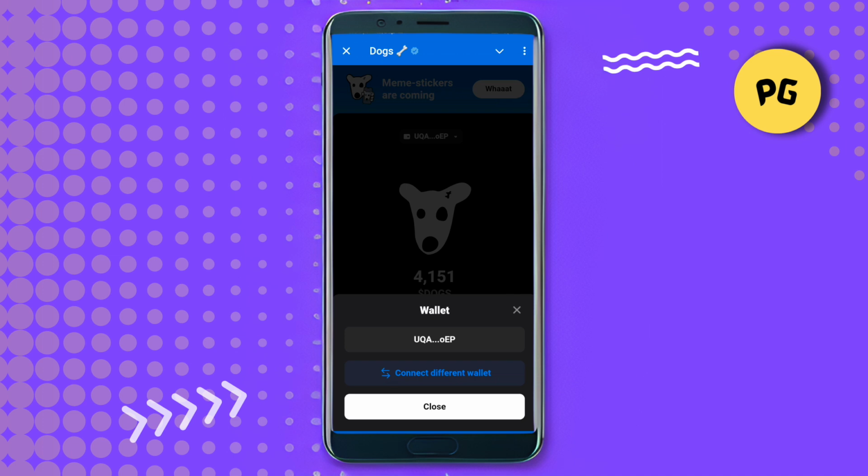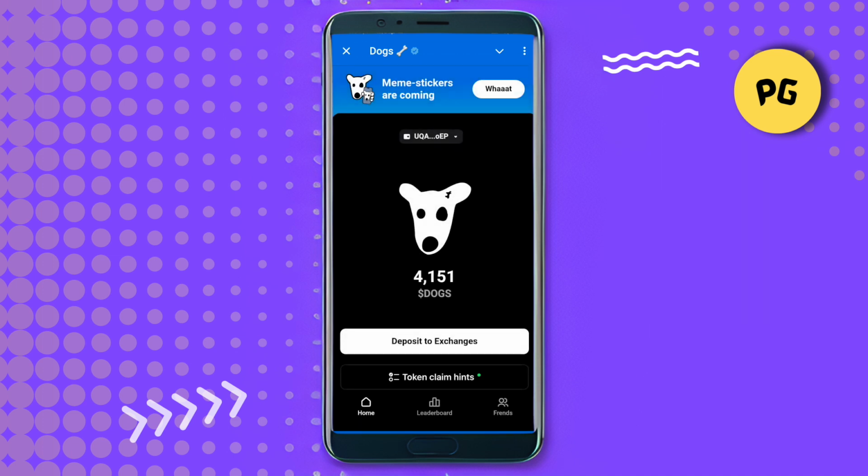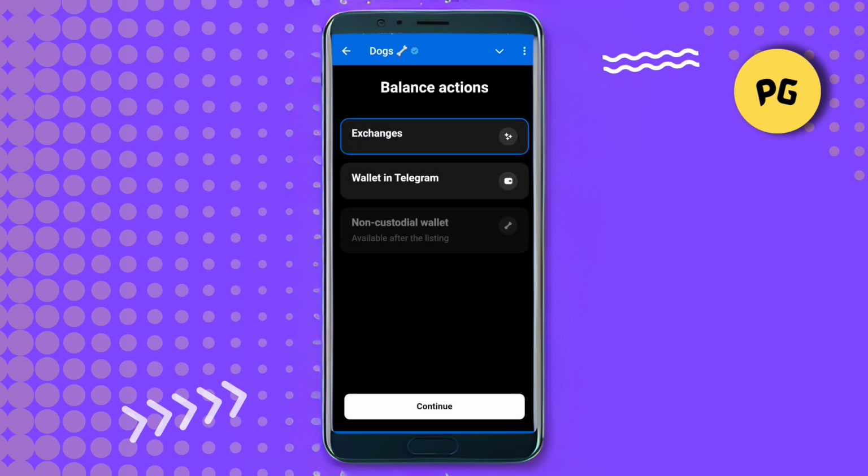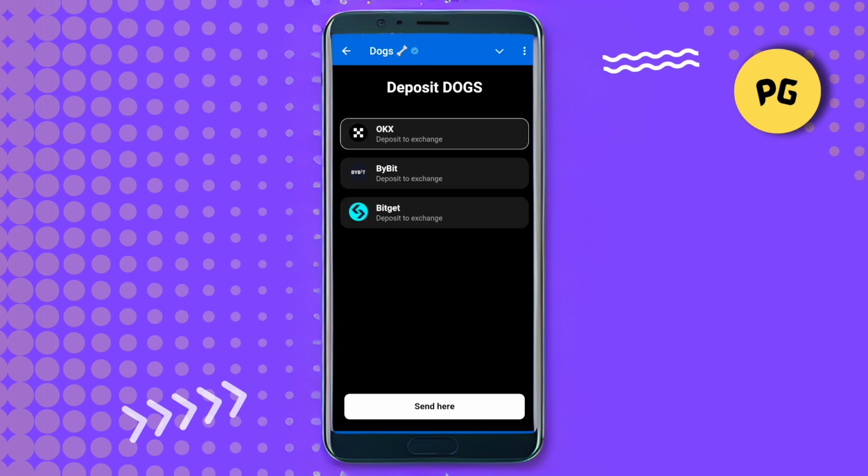After that, just simply get back and click on this option of deposit to exchanges. Click on it. Then here you get the option of exchanges at the top. Simply select it, then click on this option of continue. Now here you get three different options: OKX, Bybit, BitGet, and you can choose any of the options where you